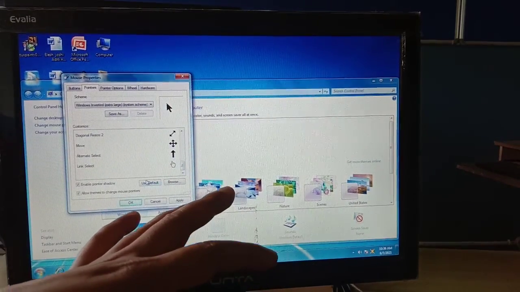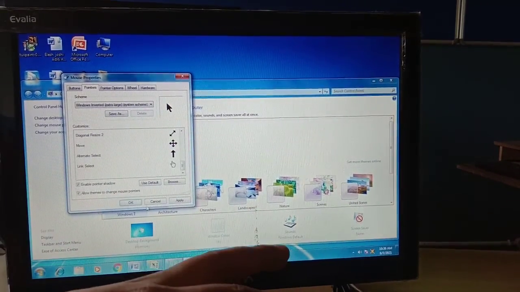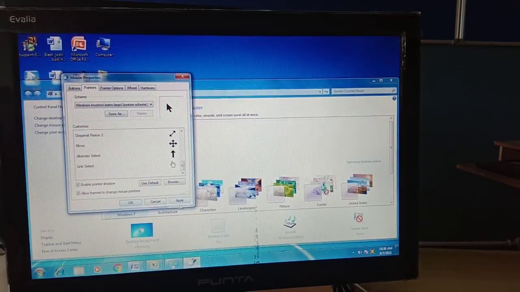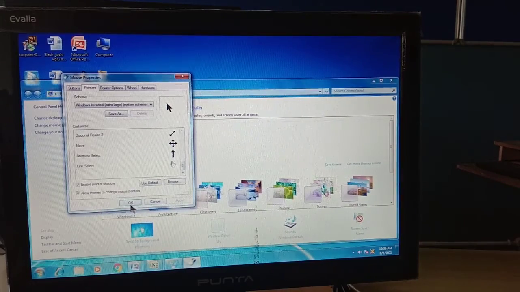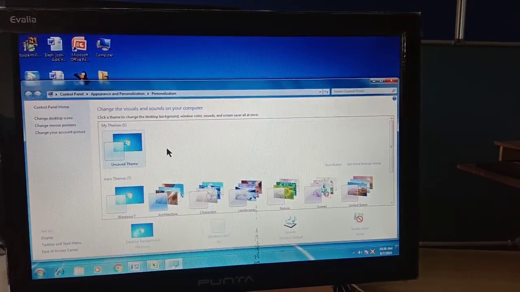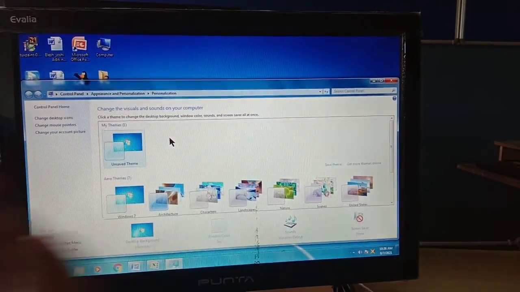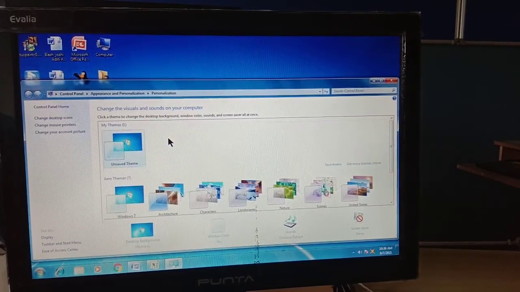Then either click on apply and then click on OK. As you click on apply and OK, see, your pointer is now changed. Is it changed now? Clear to everyone? So this is how you can change your mouse pointer also. Okay, so you learned about the mouse pointer. You can change your desktop icon properties also. The desktop icon properties of yours, you can also change them.